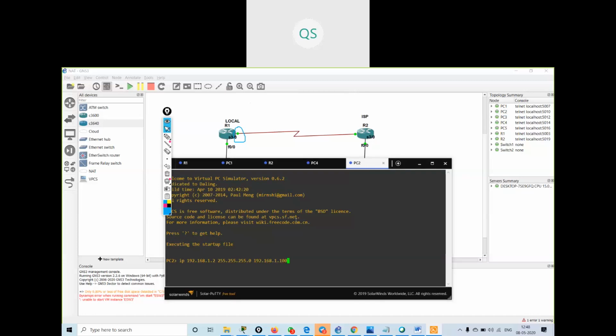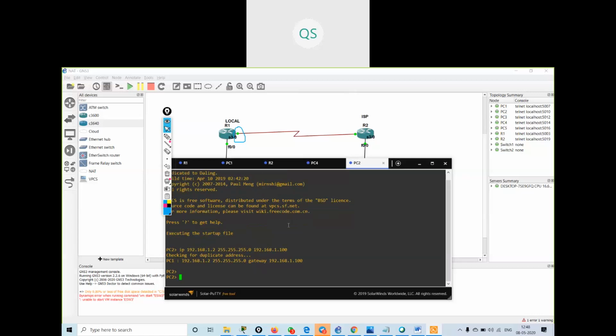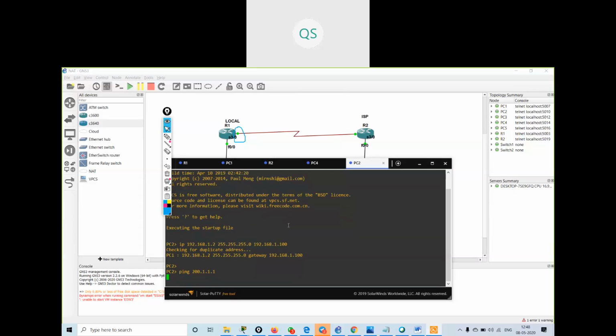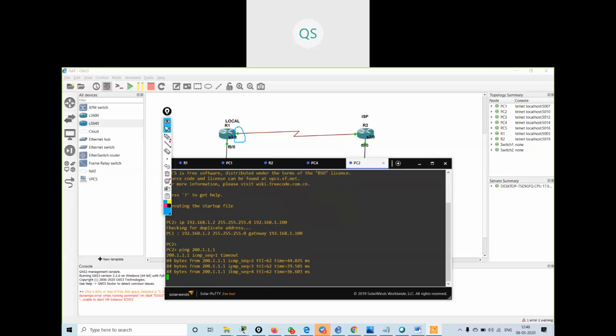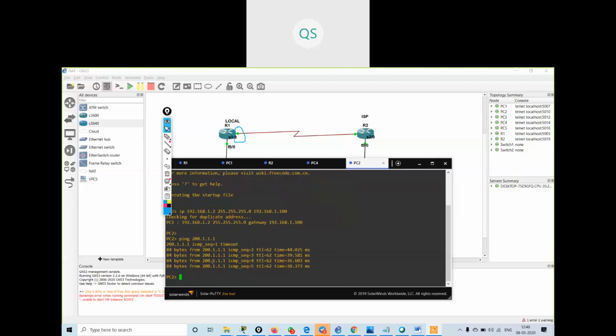Okay, now I will try to ping any server from this PC, 200.1.1.1. Yeah, I'm getting the reply from 1.1.